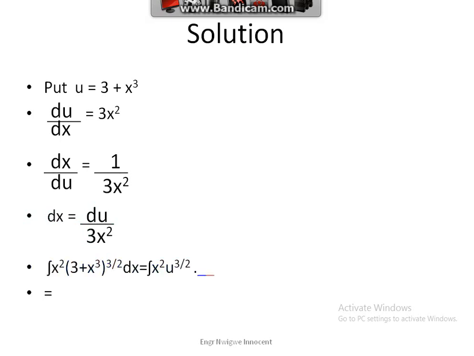Therefore, making dx the subject of the formula, we now have du over 3x squared. Therefore, the integral of x squared in bracket 3 plus x raised to the power 3 close bracket raised to the power 3 over 2 dx is equal to the integral of x squared u raised to the power 3 over 2 times du over 3x squared, that is dx, which is now equal to 1 over 3 integral